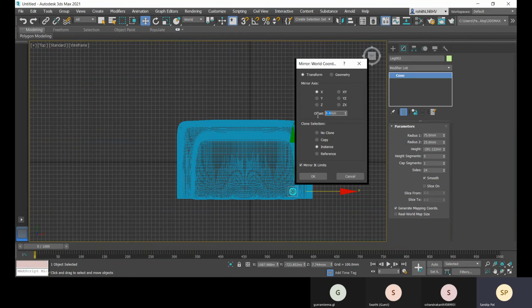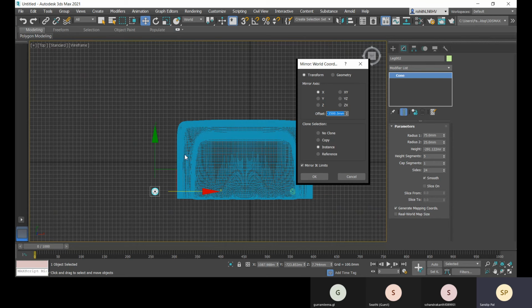And the offset value is like 500, I think that I have provided. Let me go to 0 and let me check. Okay, so it will go to the minus direction, minus 3500.